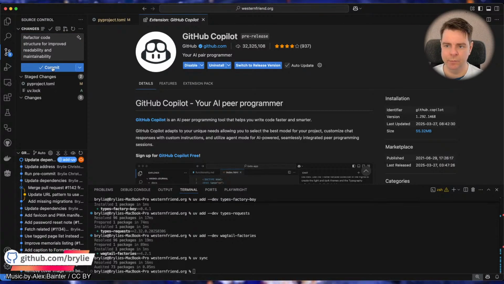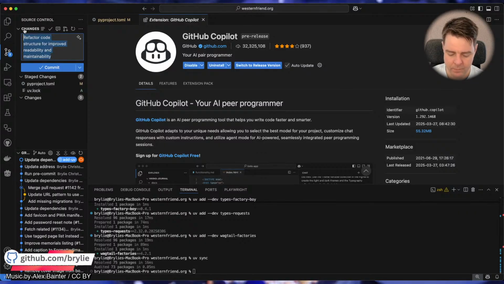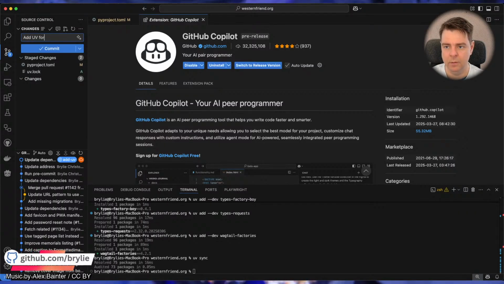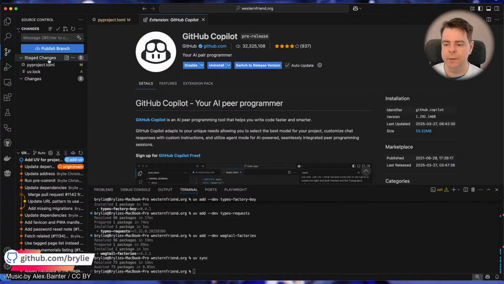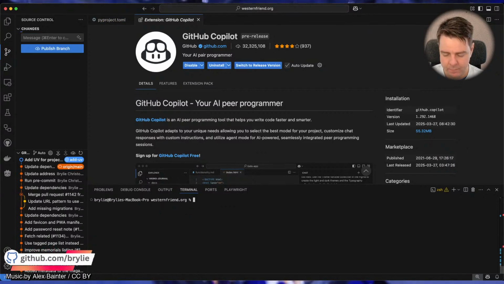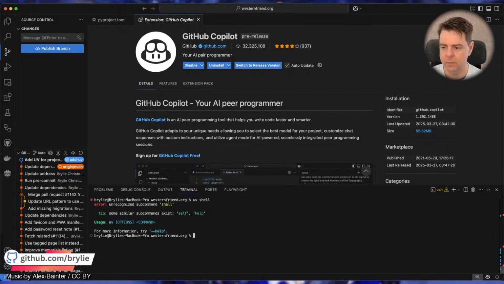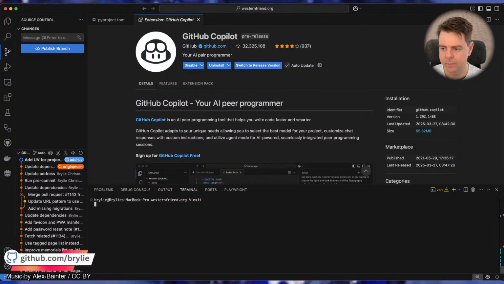So in our branch, refactor code structure from so that's not a very good commit message. So we'll add UV for project dependency management. So now, how do we run the server? So this is an interesting thing. So let me just double check. So now,